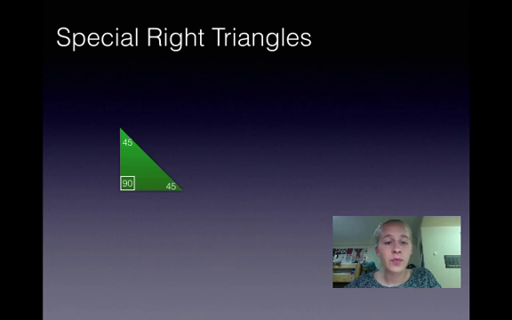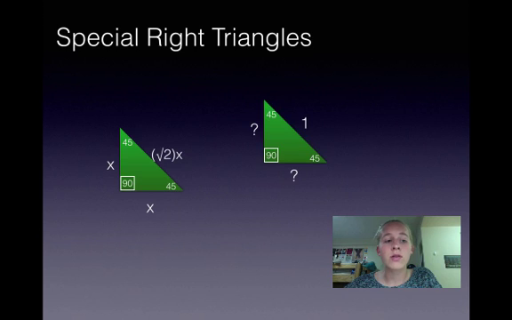note of these. In 45, 45, 90 triangles, if you remember from back in geometry, the ratio of the side lengths are x, x, and square root of 2 x. In order to find the side lengths, when you know the hypotenuse, you would have to divide by square root of 2. For example, if we have this triangle, we know 1 is the hypotenuse, which is the square root